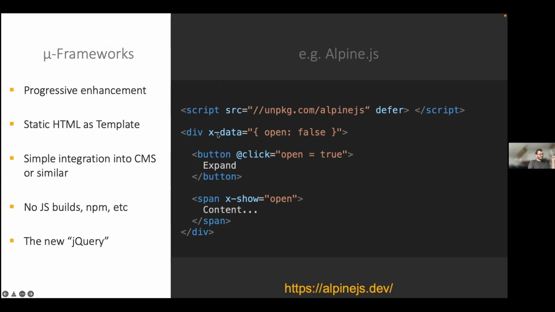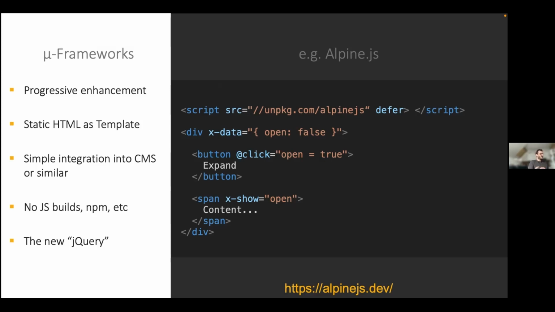And you might see here, in air quotes, it extends HTML. It has its own small extended custom attributes. And here you see this example: on a click, the value open turns to true, and then some content is shown. Such small widgets can be easily done with,